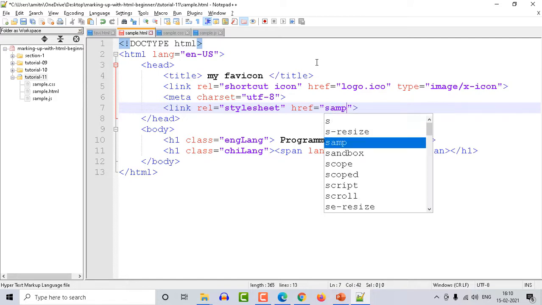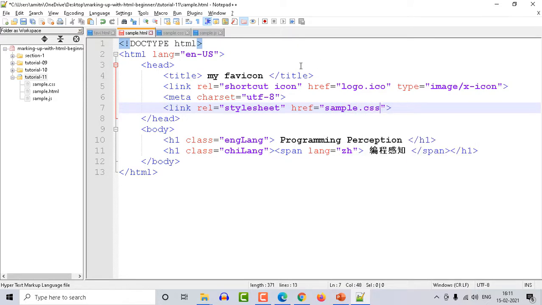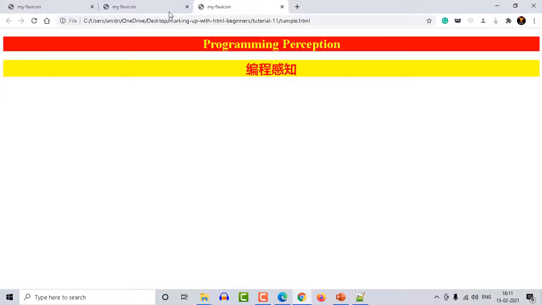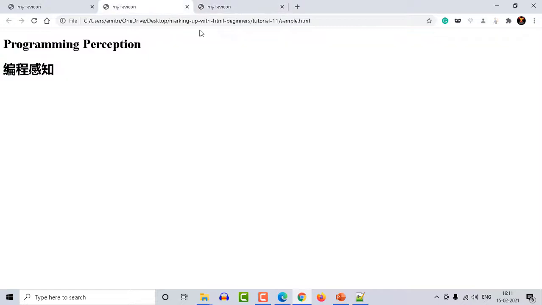So that is sample.css. I need not specify the path as the sample.css is at the same place where we have kept this sample.html. Now let me save it and let me show you how the output will change. So go to run, launch in Chrome, and see the style is again back on the page. If I refresh this, you can see the style is there.